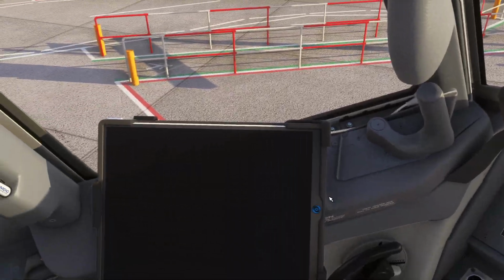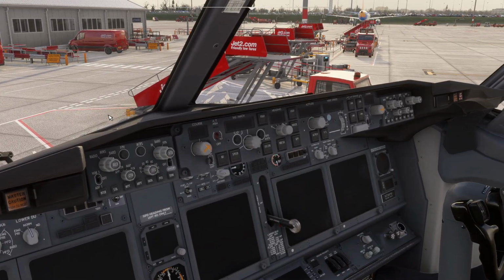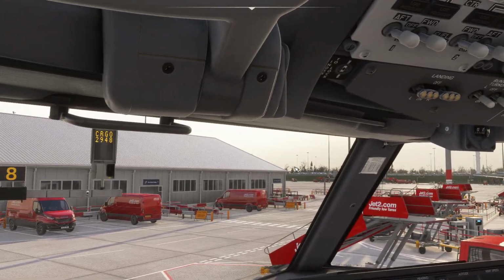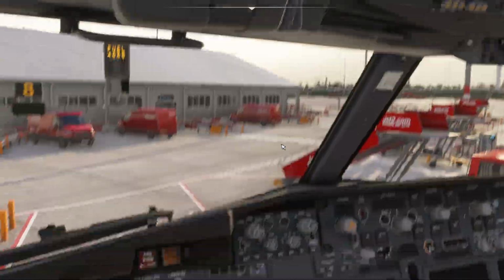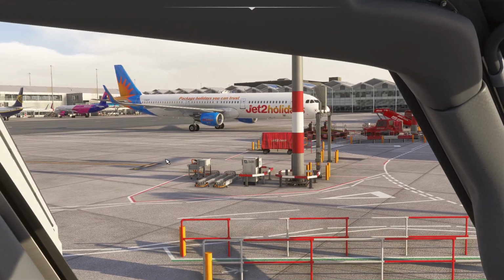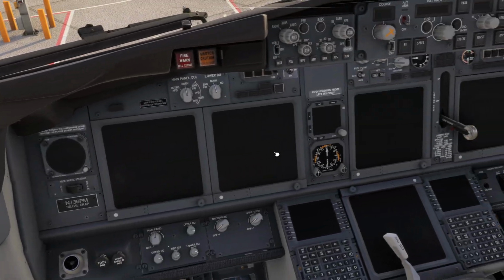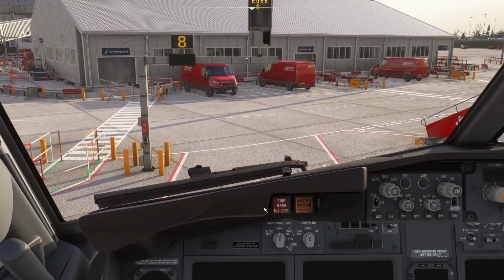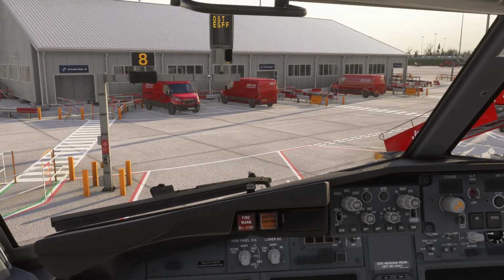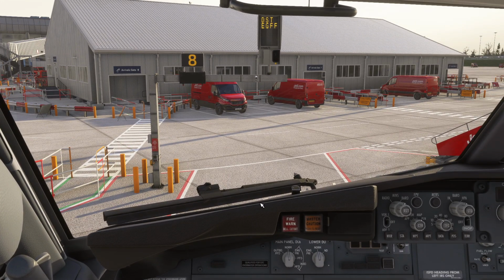But I do actually prefer the one on X-Plane, the Seabird mod 737. I prefer that one. And I prefer X-Plane to Microsoft Flight Sim, but the video is not about that, so we won't mention that again. But yeah, if you want a 737 NG, if budget is not an issue, then 600 is definitely worth the price,